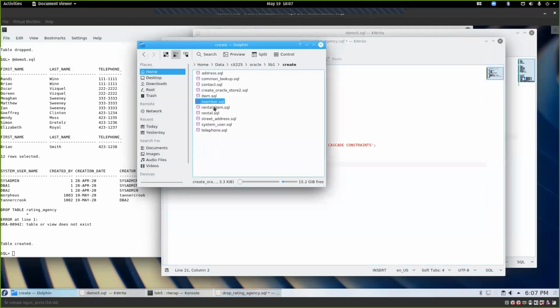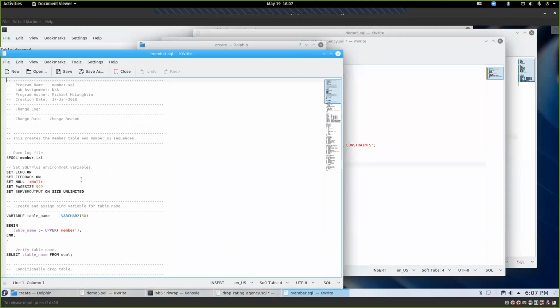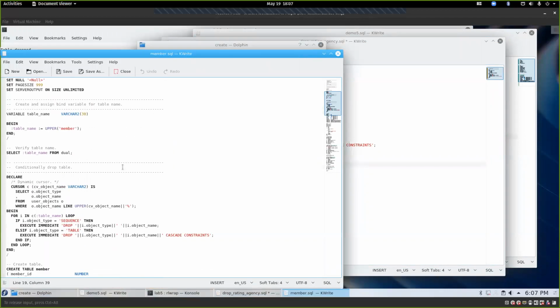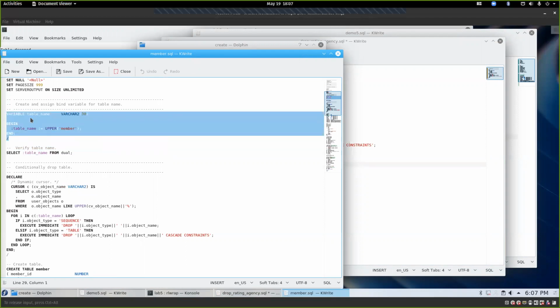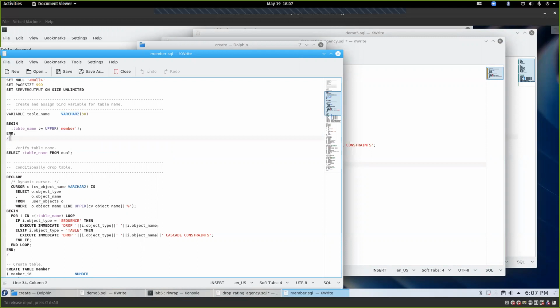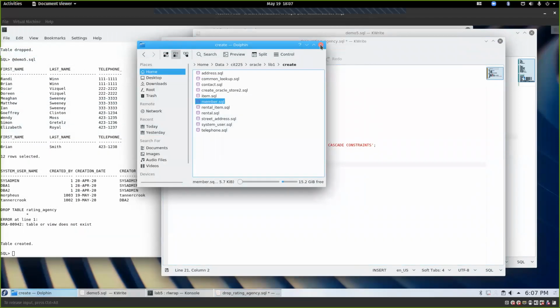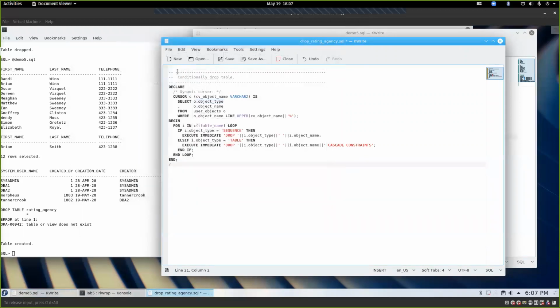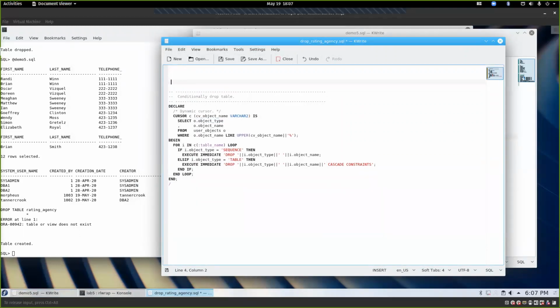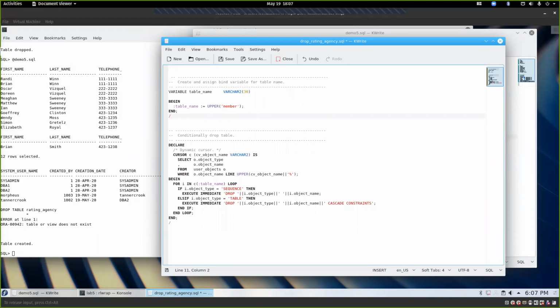Oh, and I forgot one piece. Let's open up member again here, and we want this. Let's pull the comment too so it makes sense. So in SQL, just so you understand what we're doing here, we can create a variable that we can then use over and over and over again. So basically, we create a variable called table name. And in this case, I'm going to change member to